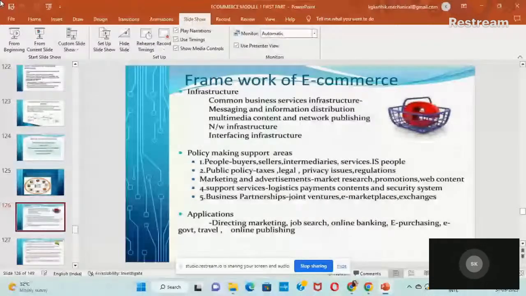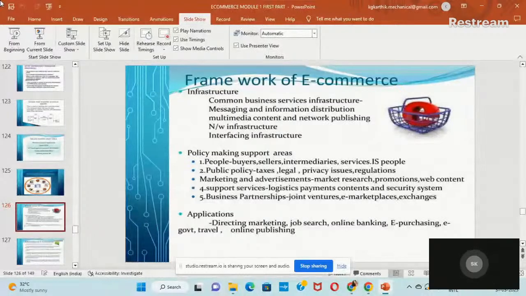And also the public policy: taxes, legal, privacy issues, regulations, marketing, advertisement, market research, promotions, and web content with the support services, logistics, payment, and secure systems, and also the business partnerships, where joint ventures in